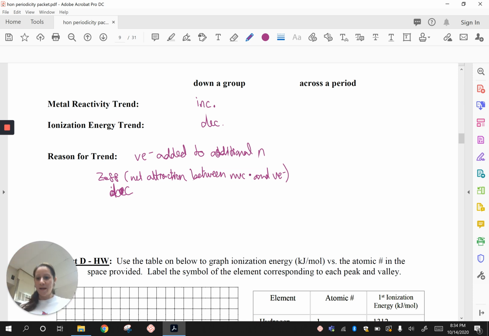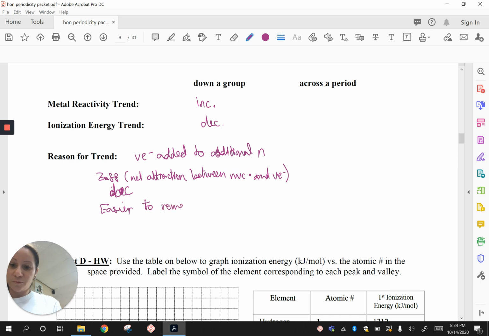So they're farther away, less attraction. So once you get to the ZEF, then you think, wait, what property am I asked about again? So let's start with metal reactivity. Metal reactivity is when you lose electrons. Metals react by losing electrons. So if there's not as much attraction between the nucleus and the electrons, is it easier or harder to remove that electron? Well, it should be easier because there's not much attraction holding it. So easier